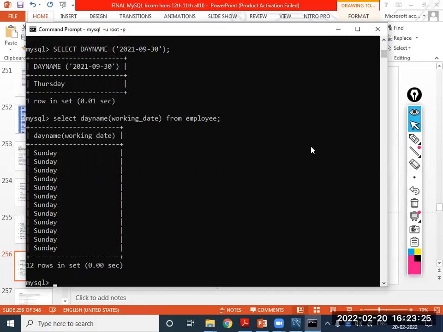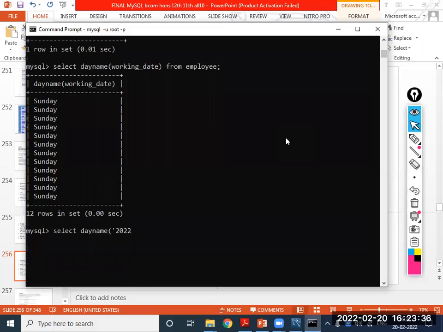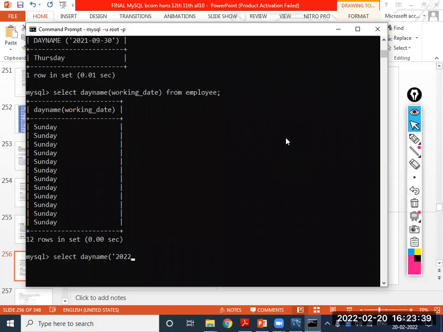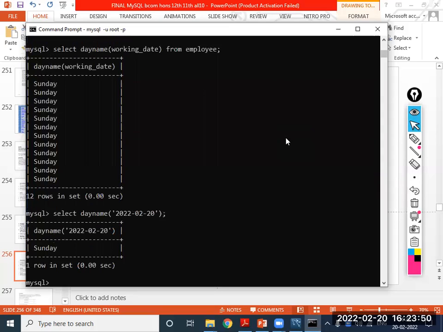So again, one more thing, suppose I use another date in day name, in single quotes, 2022-02-20. It displays Sunday, because today's date is Sunday. So this is the thing which I have applied.